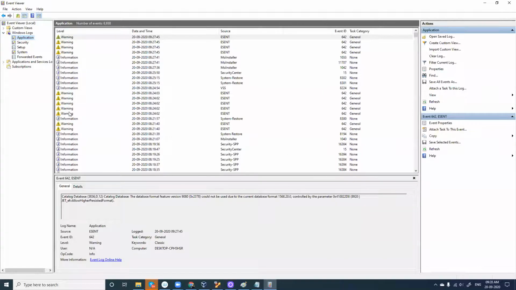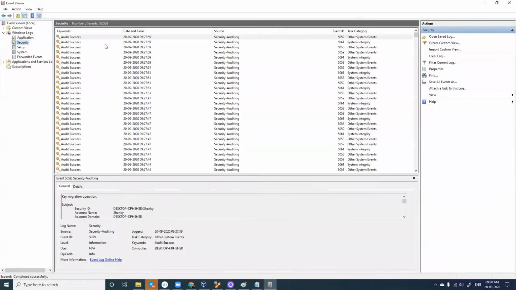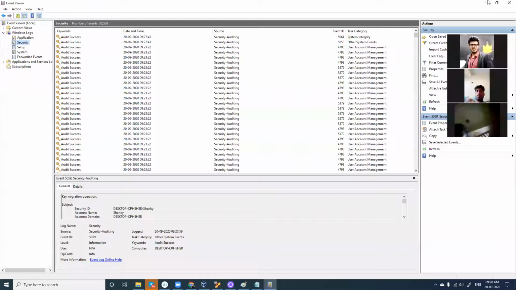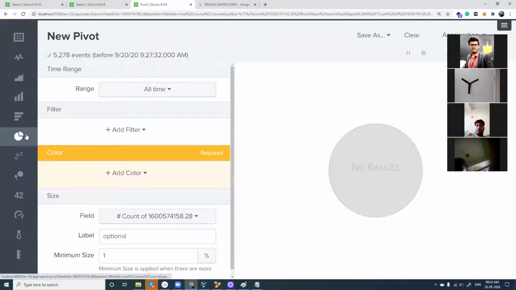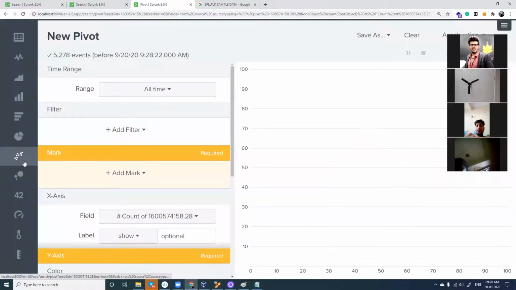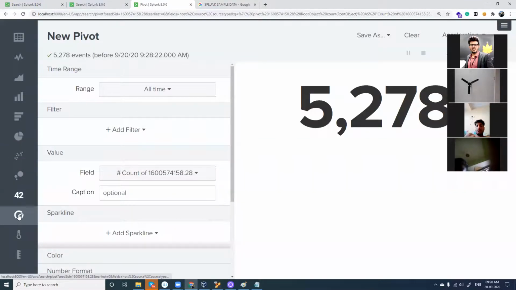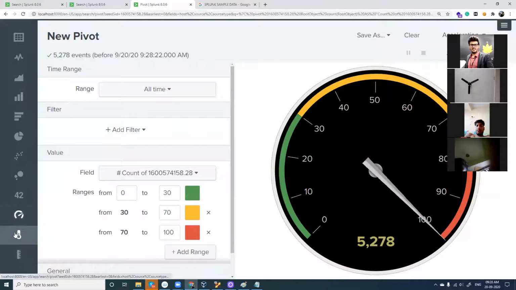See, you will have logs like this, you might have logs like this. So rather than this, when you have Splunk, yes, it can give you a better idea of how to analyze the data, how to interpret the data, and how to produce it in a proper report format.